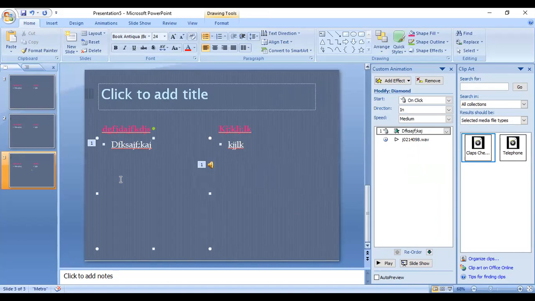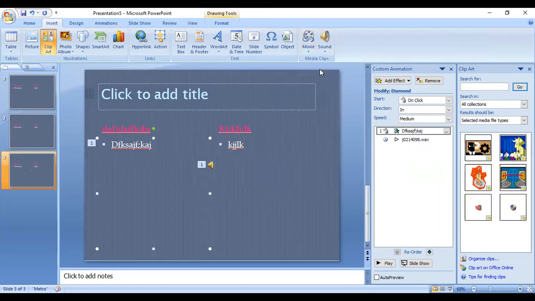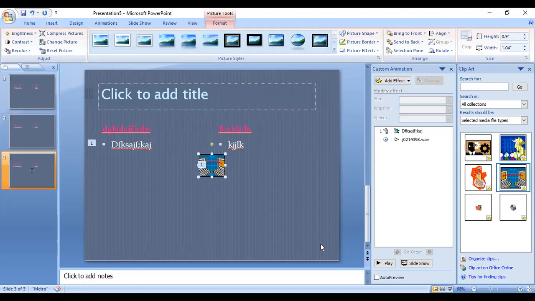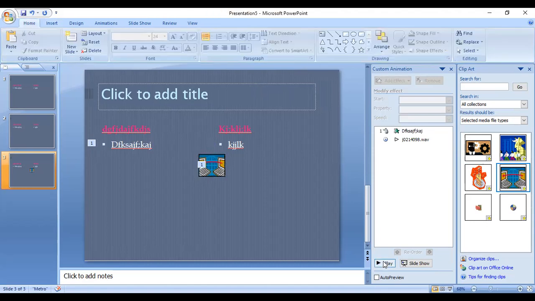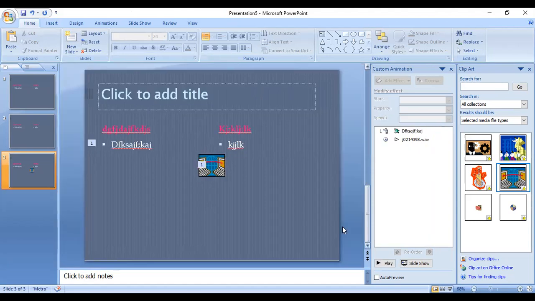Then you can also insert video. If you make it play, you can insert the movie, or from your desktop you can add the movie in the PowerPoint presentation.